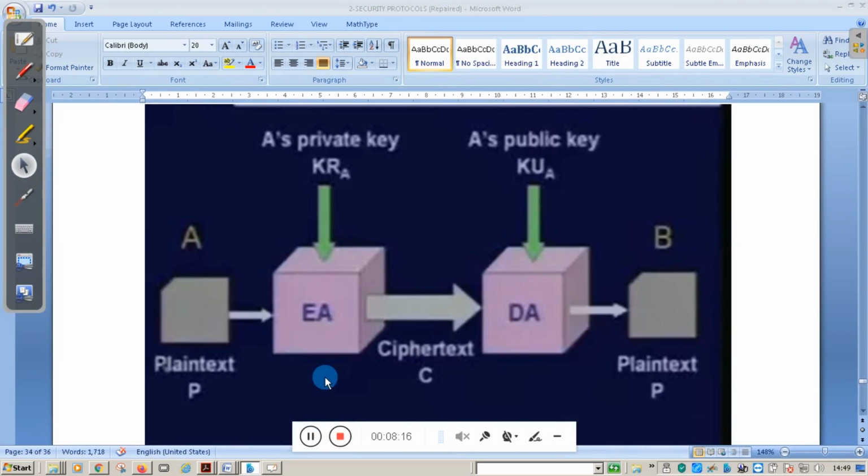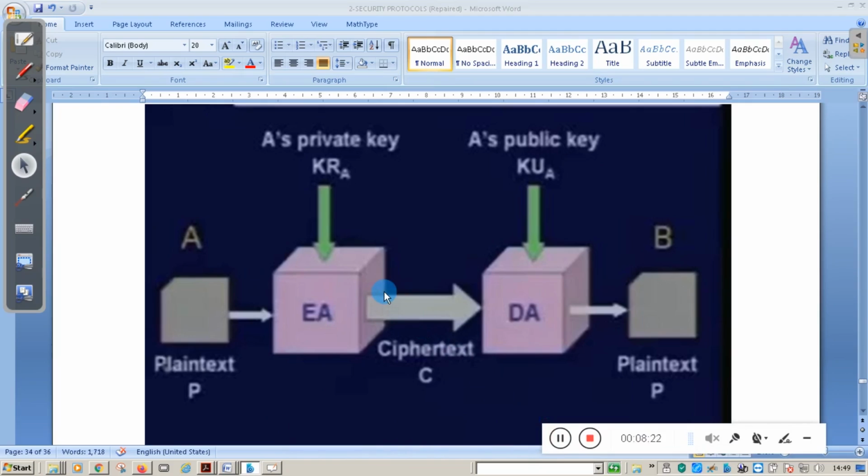Now one more application of this private key, public key cryptography system is authentication. Here the sender sends the message by encrypting it with the sender's private key, and the sender sends the message to the receiver B. Now the receiver B can decrypt the message with the sender's public key, as the receiver B has